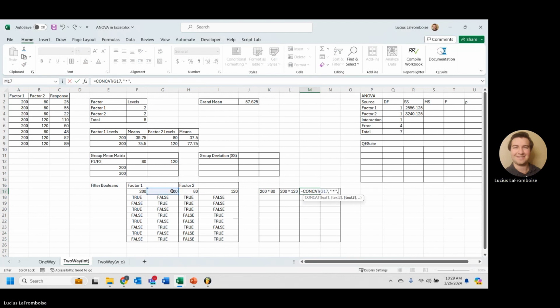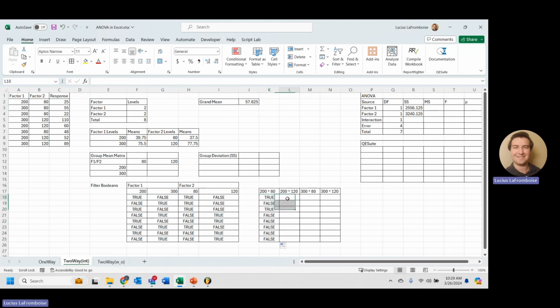and then we're going to equal concat again 300 and then 80, and I'm going to absolute reference that with an F4, and then awesome. So now what I want to do is I want to make sure if this and this are true, then that is part of the 200 x 80 group. Drag that down. Now we're going to do and again. We're going to say if 200 and 120, and we drag that down,